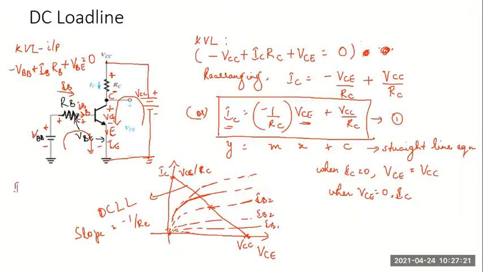So what would be the value of base current here? VBB, move it to the other side, minus VBE. When I shift VBB, it becomes positive. When I shift VBE, it becomes minus. Divide by RB. This will give you the value of base current. Once you get this base current, whichever characteristic curve corresponds to this base current, the intersection of that characteristic curve with the DC load line will give you the operating point or the Q point.